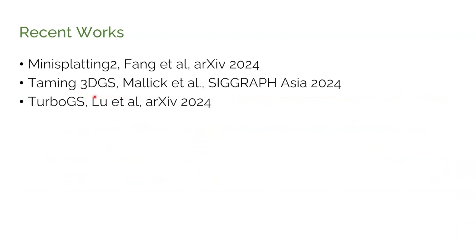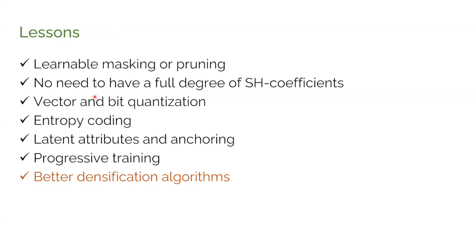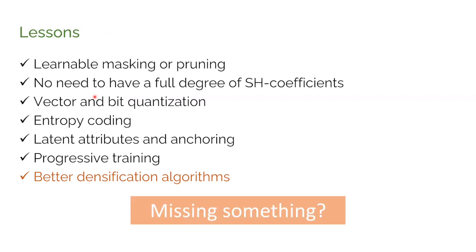Nowadays, there are many recent works that touch on the densification algorithm, for example Mini-Splatting version 2, Taming 3DGS, and also recently Turbo-GS. They are talking about the inefficiency of the densification algorithm and also the original version of the training algorithm. If you're interested, please take a look at this great work. Another lesson: a better densification algorithm is really important. And so far there has been much progress, but